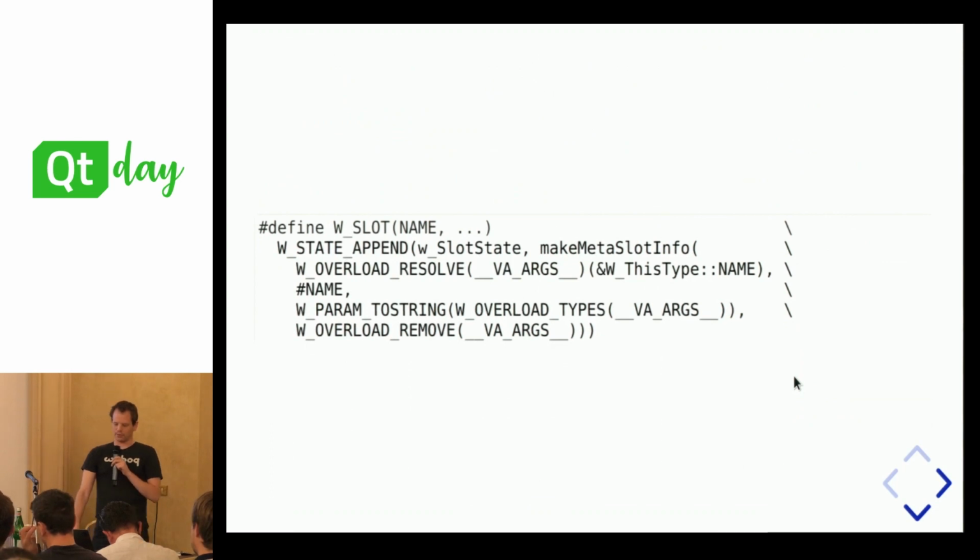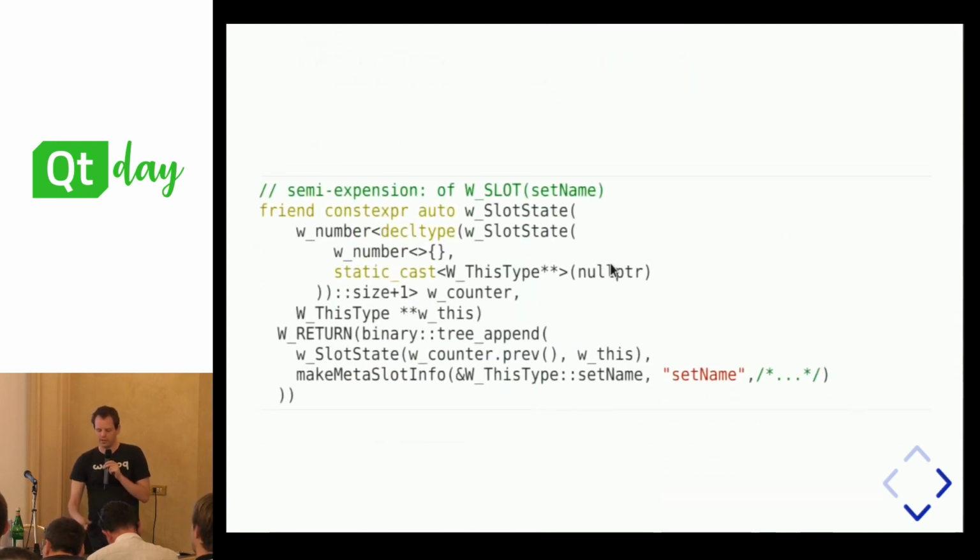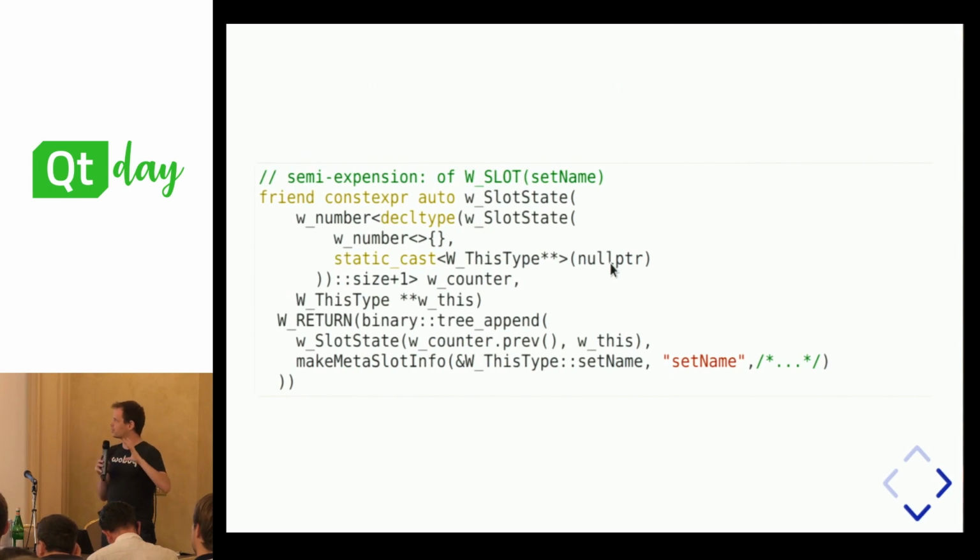So then, what is this state? Well, we're just gonna call a meta cons expression function, and we're gonna call it with all the information we need. So here is basically an expansion of this W slot, semi-expanded. So we're gonna declare a new state with a number whose type is